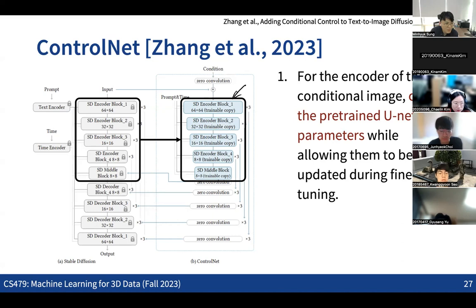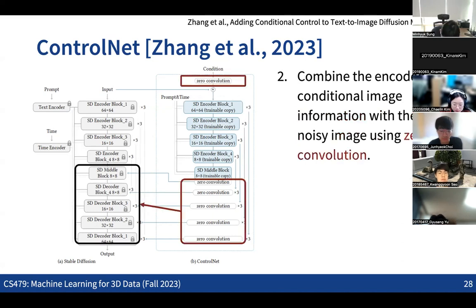And the second part is the most important part. In the second part, we are now combining the encoded information of the conditional images into the original UNet prediction network through a layer which is called the zero convolution, and we're going to get into some details. Now what you can see is that for each of the residual blocks, all the blocks are the same, so we have this specific block.